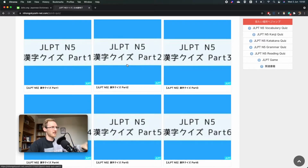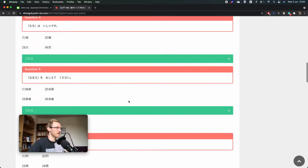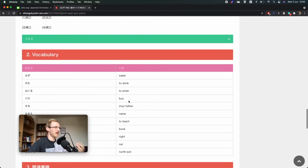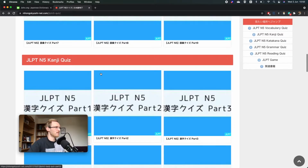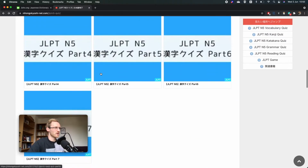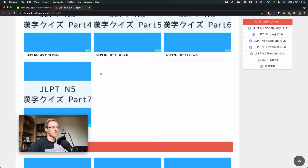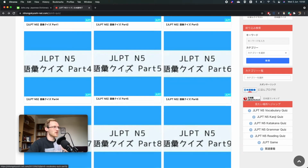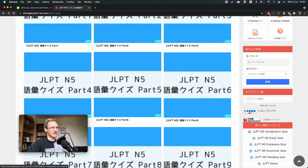Each quiz, let's take a look at one of the kanji quizzes here. Each quiz comes with, I believe, 10 questions. So this comes with 10 questions. It comes with a vocabulary list at the bottom. And so, say, within the JLPT N5 kanji quiz section, you've got 7 parts to the kanji quiz. That's 70 different questions, various useful vocabulary listed at the bottom. And so there's just quite a lot of useful ways to test yourself if you're thinking about taking the JLPT